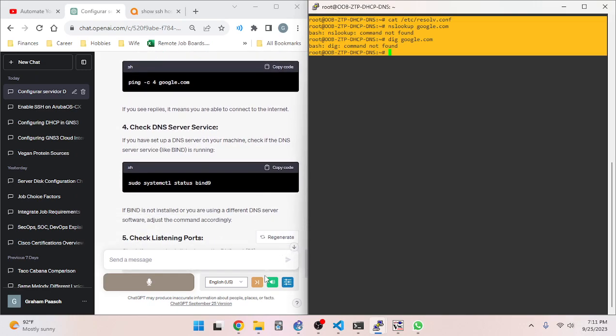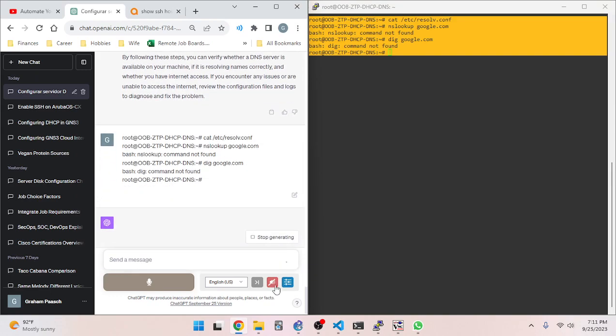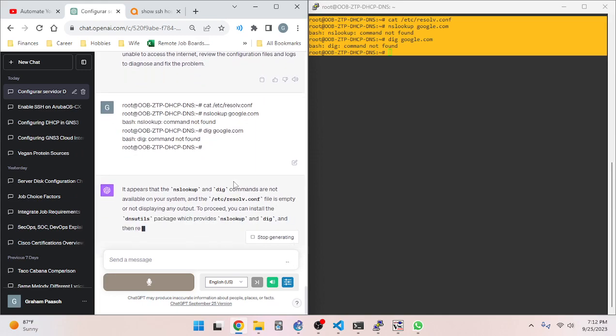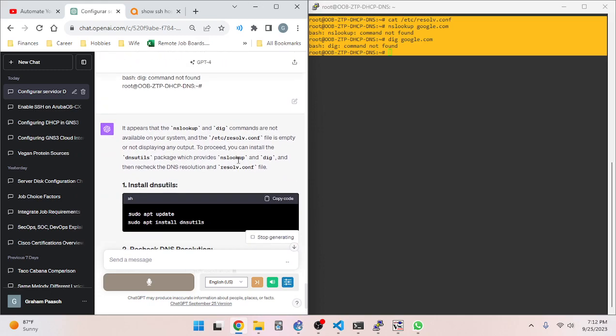No, I'm telling you. It appears that the nslookup and dig commands are not available on your system, and /etc/resolv.conf. No, what I'm telling you is that